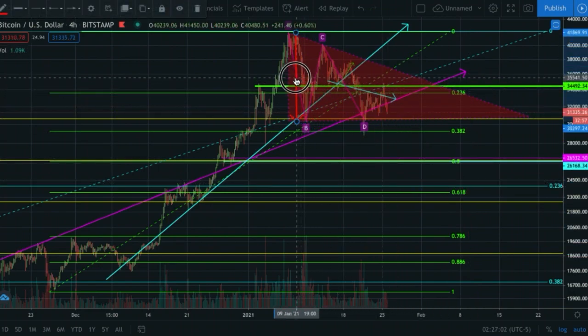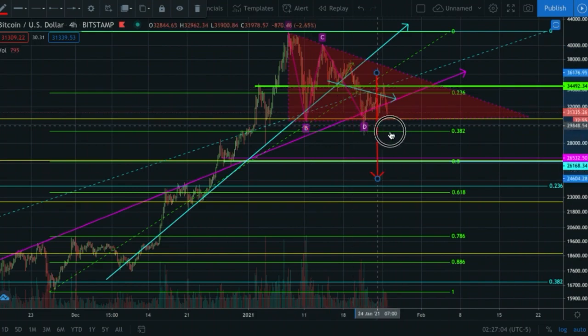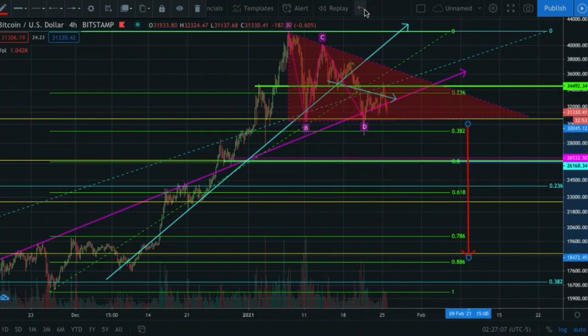I am on the log scale, so as I move this to the downside, it looks like it gets bigger. But that's just the measured move of the pattern. A lot of people like to use the flagpole. I don't think that's realistic. It is possible that we would get down lower, but we're not just going to drop down there. I like to just use the meat of the pattern. So in this case, that's going to bring us back down and fill our CME gap. We also have a CME gap around that 24,000 range as well.